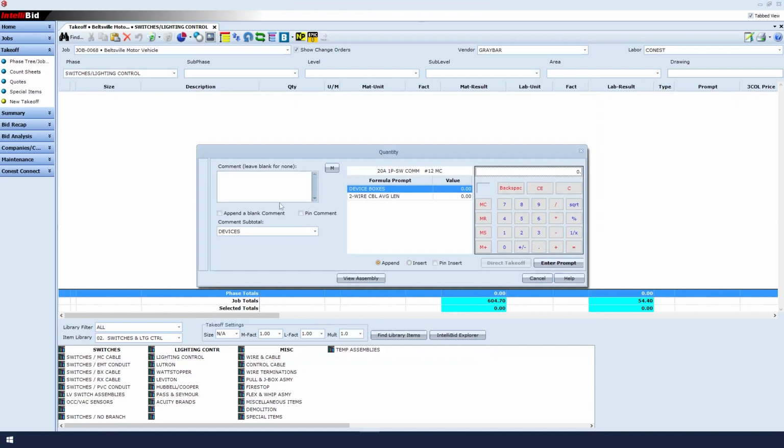The Quantities window appears next. We'll start in this area by adding a comment so that we can better identify this particular switch. We'll call it a 20 amp single pole switch. We then click over to the number pad to enter our quantities. In this case, we have 30 of these switches